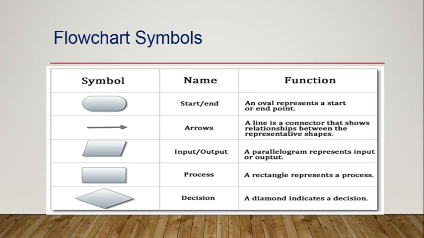When any comparison is to be made, based on the output of the comparison, there are two decisions. Either the comparison is true or the comparison is false. So in that case, we will use this diamond shape. Unlike the input, output, and processing symbols, which have one entry and one exit flow line, the diamond symbol has one entry and two exit points. The path chosen depends on whether the decision or the condition is true or false.